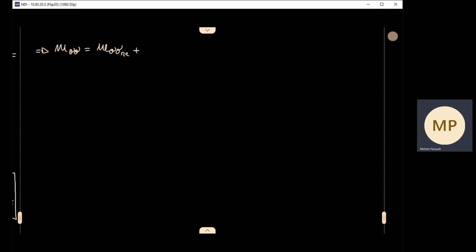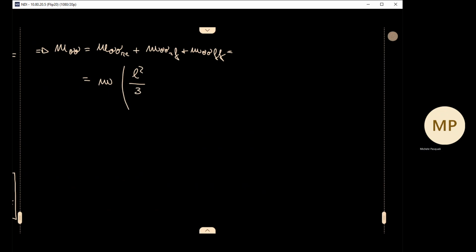M theta theta RR plus M theta theta RF plus M theta theta FF is equal to M, which multiplies L squared over 3 plus 2/3 L QF4